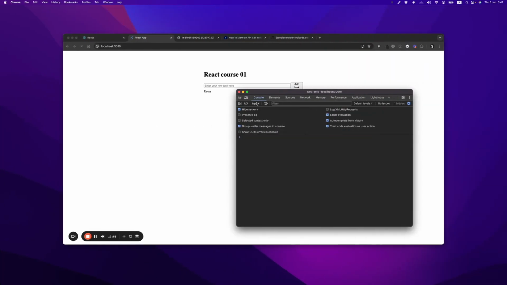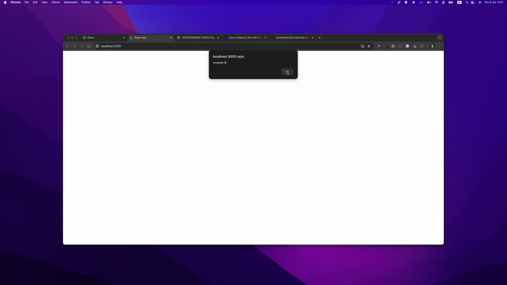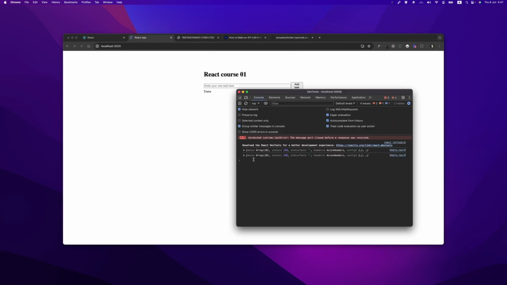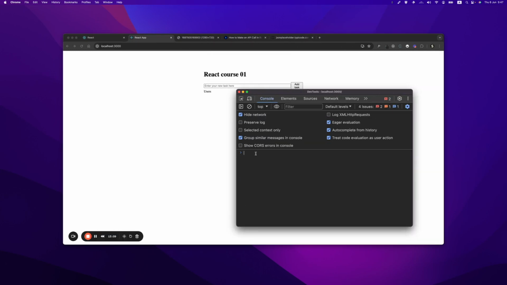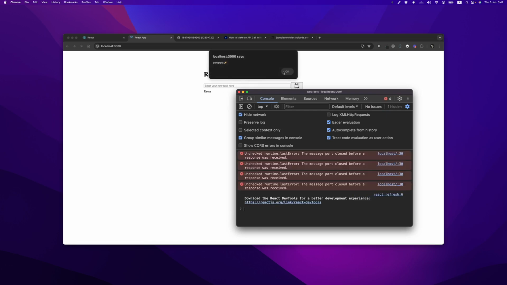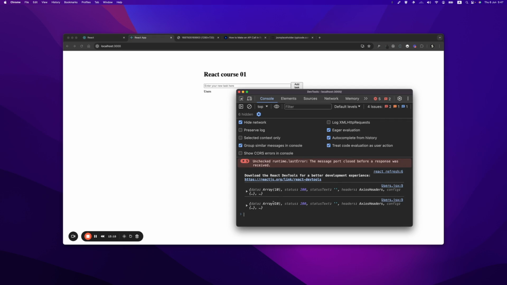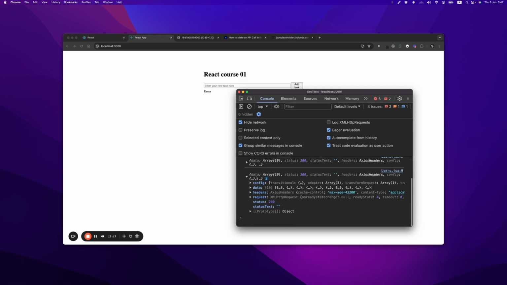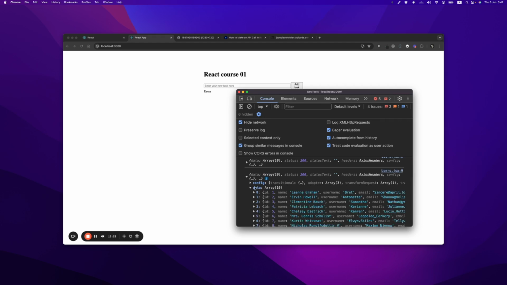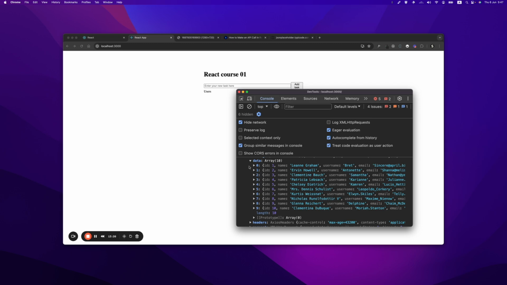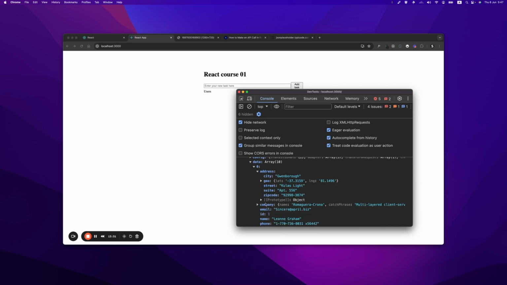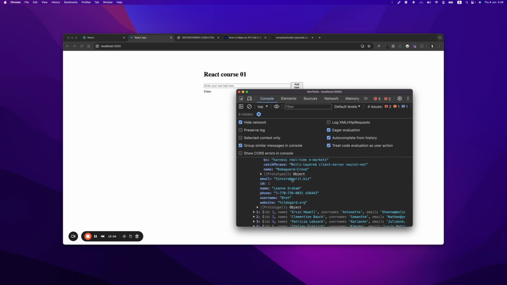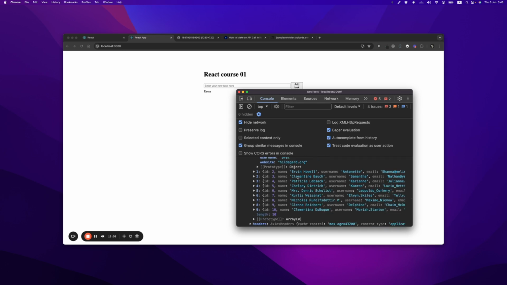Let me go to the console. Let me refresh. Click on OK. As you guys can see in the console, let me try to zoom in the console. Refresh. As you guys can see in the console, we have a console.log from users.jsx, and if I go to the data, you can see there are 10 objects with users' information. So you can see there's address, there's company name, there's ID 1, there's Leanne Graham, and there's more details